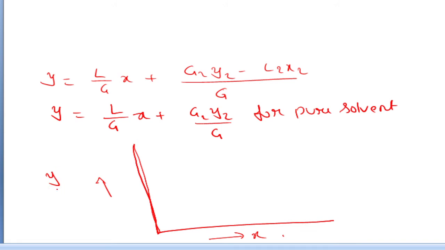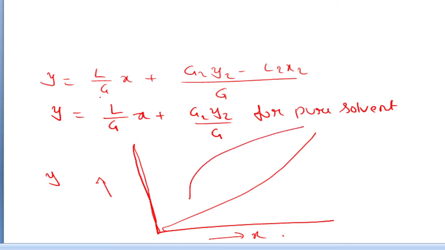That means you have equilibrium data in terms of y versus x. So this equilibrium curve may be like this. Now the operating line, you can get like this,